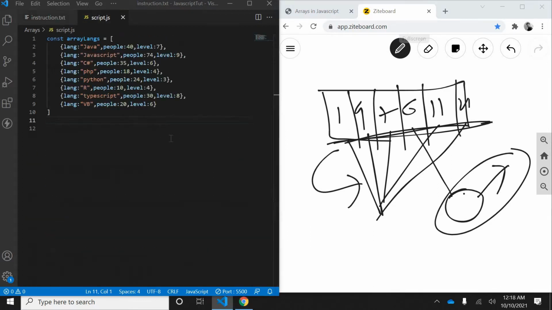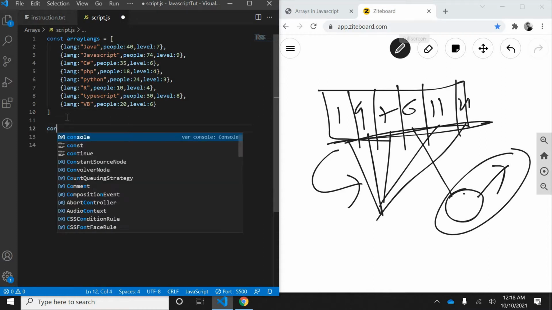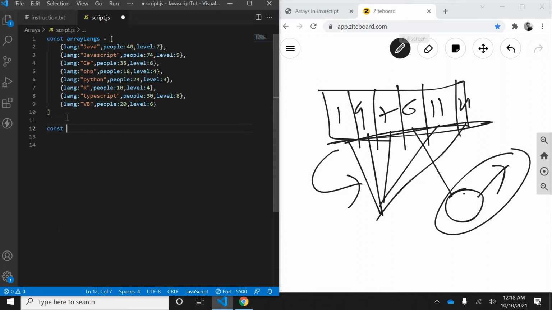I have taken one big JSON element. If you are getting confused with this one, I can take a simple integer numerical array first. Let's say array value equals to, I'm just taking some values: 12, 67, 8, 90, 6, 45, 1. Let's say these are the elements I have.